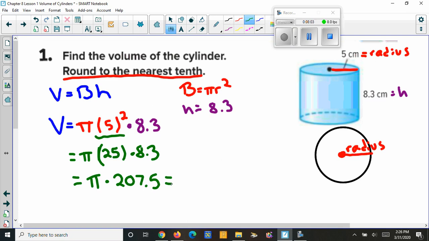Now you know pi to be 3.14. We're going to go ahead and use the pi button on your calculators. What you'll do is you'll type in 207.5 times, and then you have to go ahead and get pi. Different calculators have different methods. If you have a TI calculator, you must hit your second